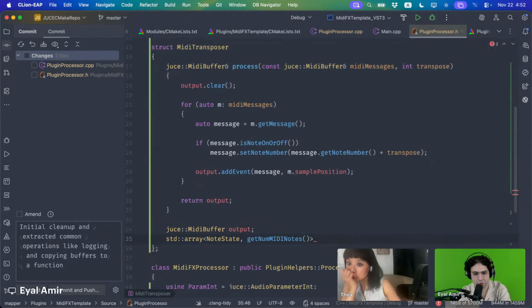And this is called note state, or held notes or something. And this would help us keep track of what happens. So here's what we're going to do. Instead of doing is it note on or off,